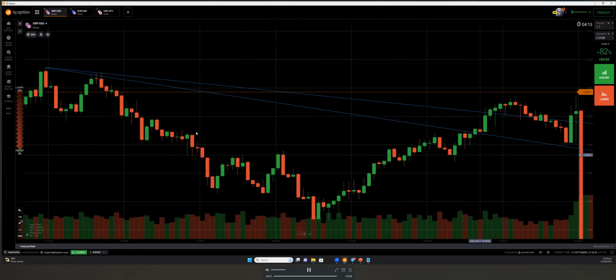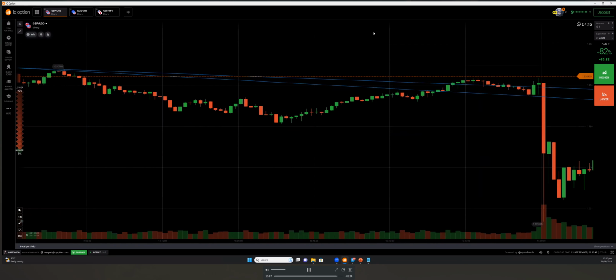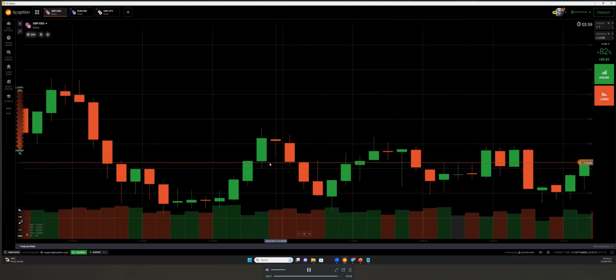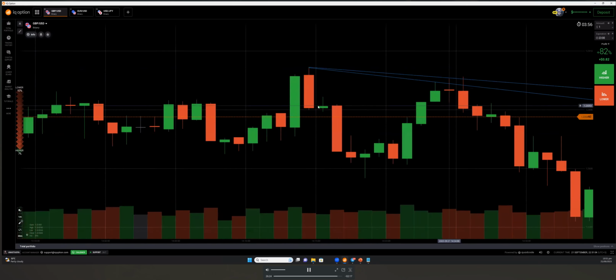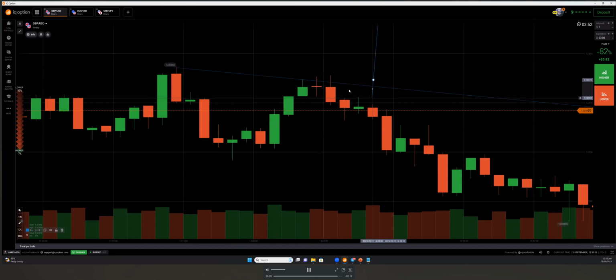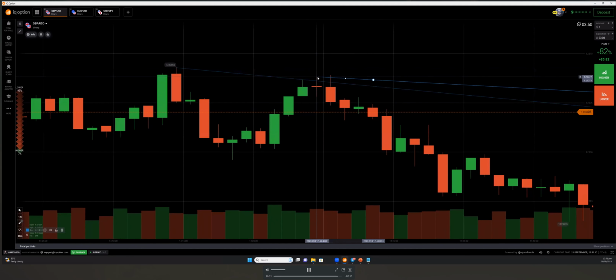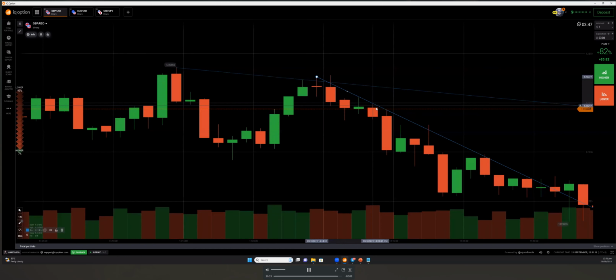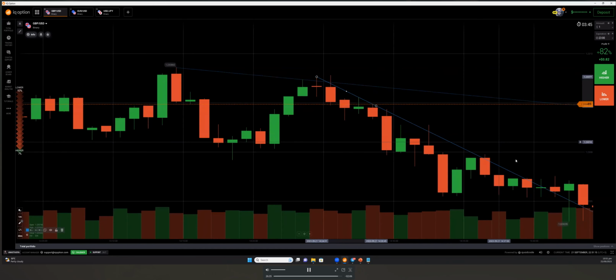So now slowly you can find this level is working properly. This level is working here properly. The price touches and then reverses back. But here this point is not working. So sometimes we select different points, from one point to another point in a trend. So from here, if we use this point and this point, it will be a perfect fit. You can see it touches and reverses back, touches and reverses back.